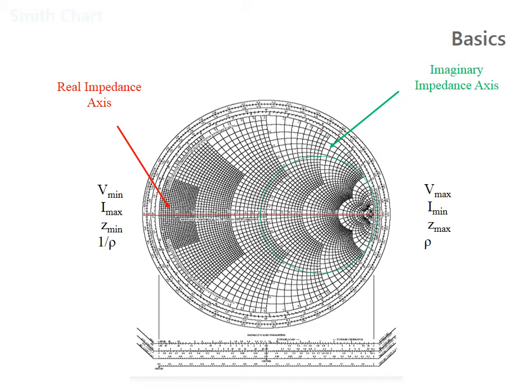Because V equals I times Z, so Z equals V by I. So when V is minimum, then I will be maximum, so they are vice versa. Likewise you can find the minimum impedance at this portion. Here will be the maximum, all the parameters you get at this place on the green line will be the maximum portion.